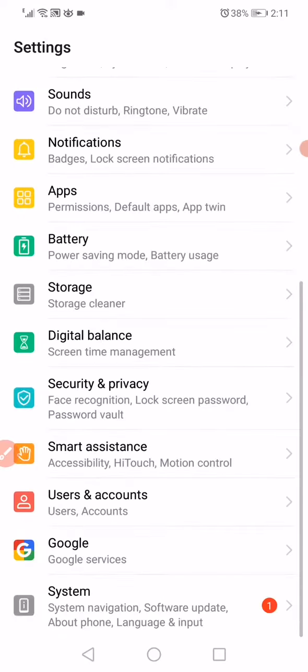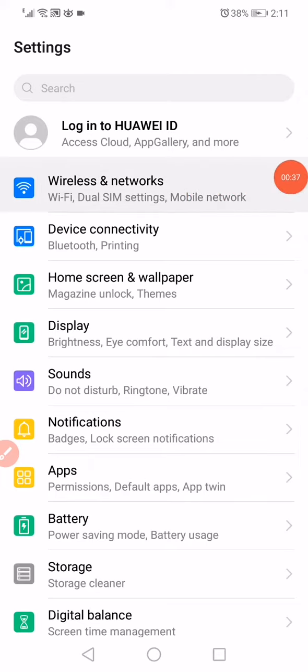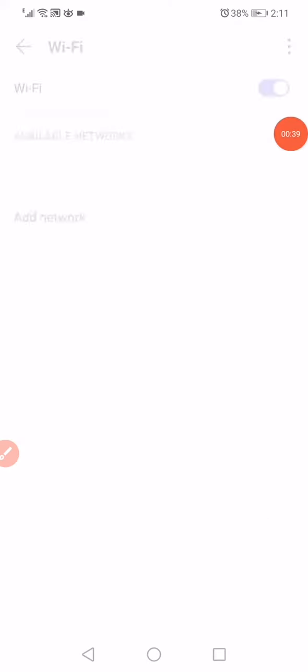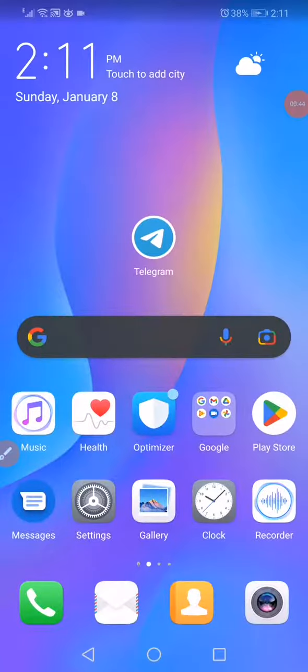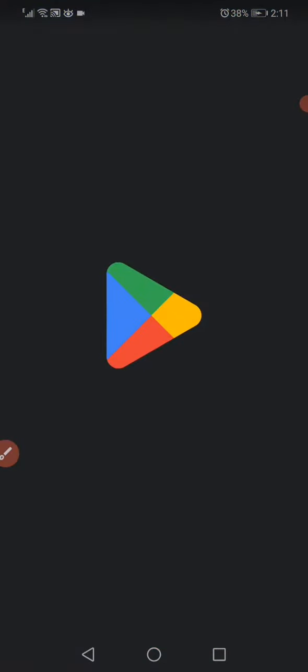The second solution is very simple. Just open the settings again, go to wireless and networks, go to Wi-Fi, and then disable it and enable it again. And the third one, the last one, is to go to the Play Store